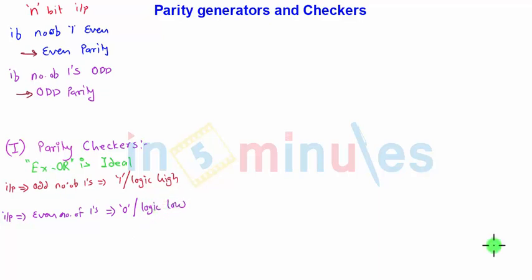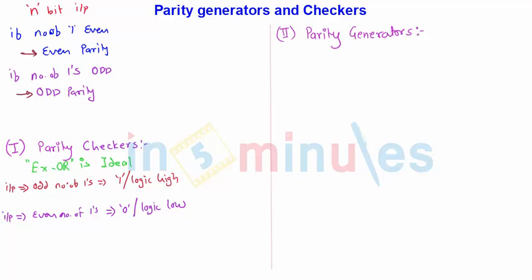Also, in computer applications, binary numbers may be added, subtracted or multiplied to give us a new number, and binary numbers are also used to represent numbers or letters. So you will need to introduce one extra bit to form a new number with even parity or odd parity. There will be the same code in even parity, or the same code you can generate in odd parity. So for that you will require parity generators.